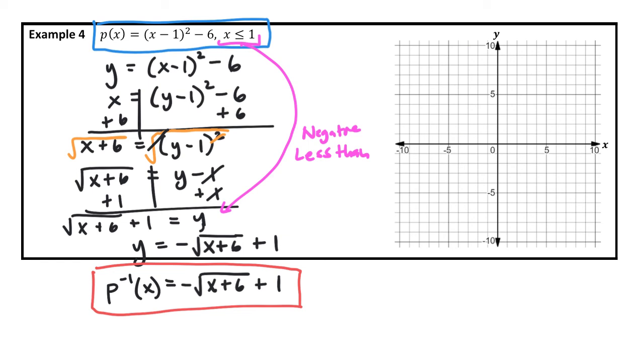Okay, so let's graph the original. Again, the minus 1 inside means that we're going to go to the right 1, and the minus 6 means that we're going to go down 6. So if I go to the right 1 and down 6, that would be here, that would be my starting point. And then to make the quadratic shape, you go 1, 1, 2, 4,